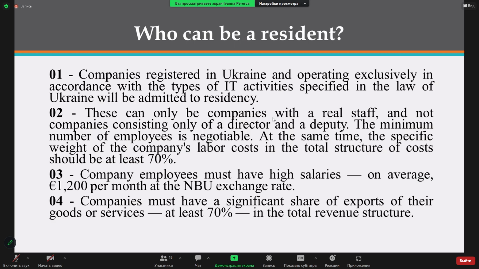Third one. Companies' employees must have high salaries, the average amount you can see here. And number 4, companies must have a significant share of export of their goods or services, at least 70% in the total revenue structure. So, as you can see, it's really great for employees with high salaries